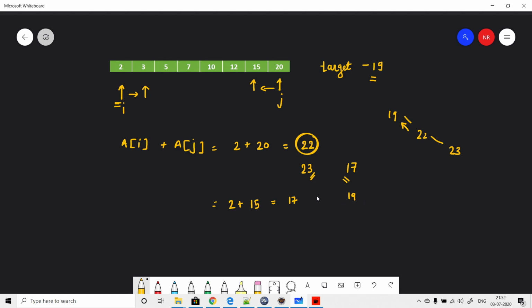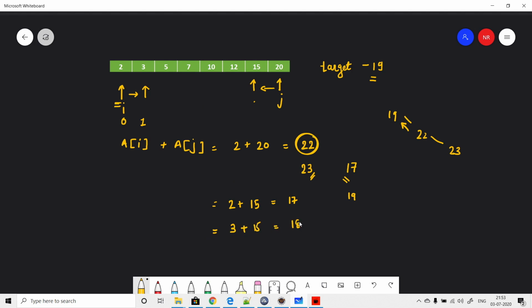All right, so in that case, how to get the 19? Because I want to increase my sum as compared to previous. So in that case, I will shift my left pointer to the right hand side. So I will take now this time from 0 to first index. I'll take this one, 15 plus 3. So the next sum I will get is